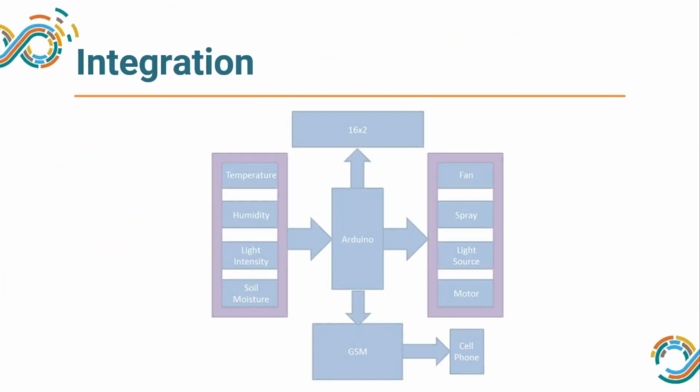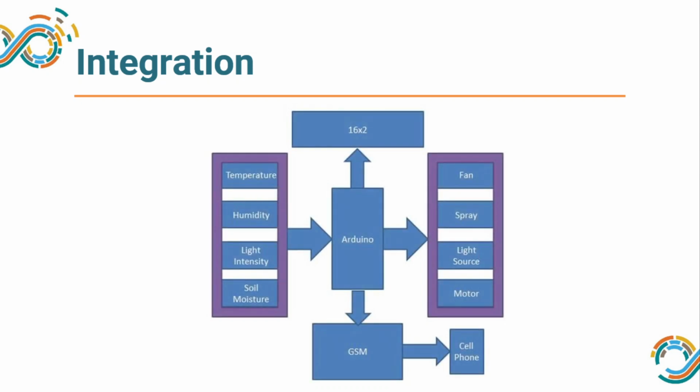Now coming back to the Arduino, how do we integrate these different signals? As we said, a lot of sensors which are sensing the environmental data like temperature, humidity, light and moisture, all these sensors are giving us analog values. On Arduino we have 6 analog pins which have the support of a 10-bit ADC. Those signals are converted into digital signals and then they are processed by the microcontroller.